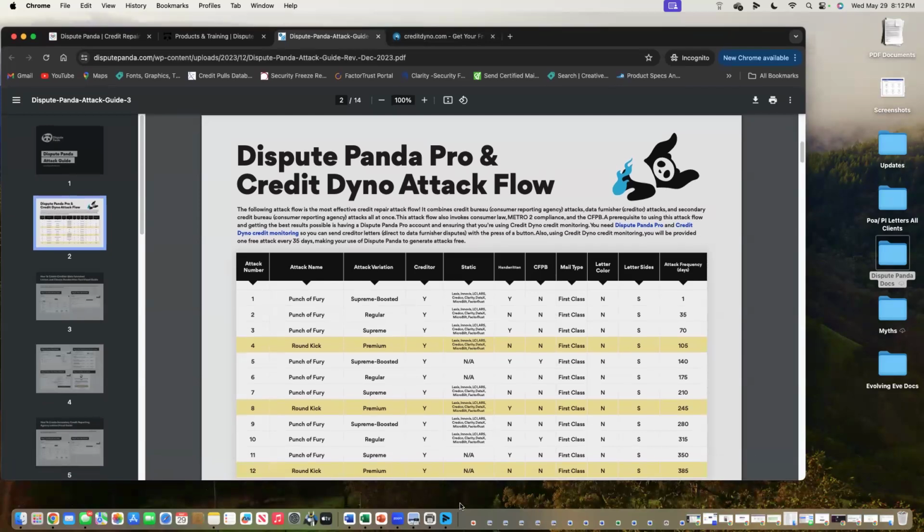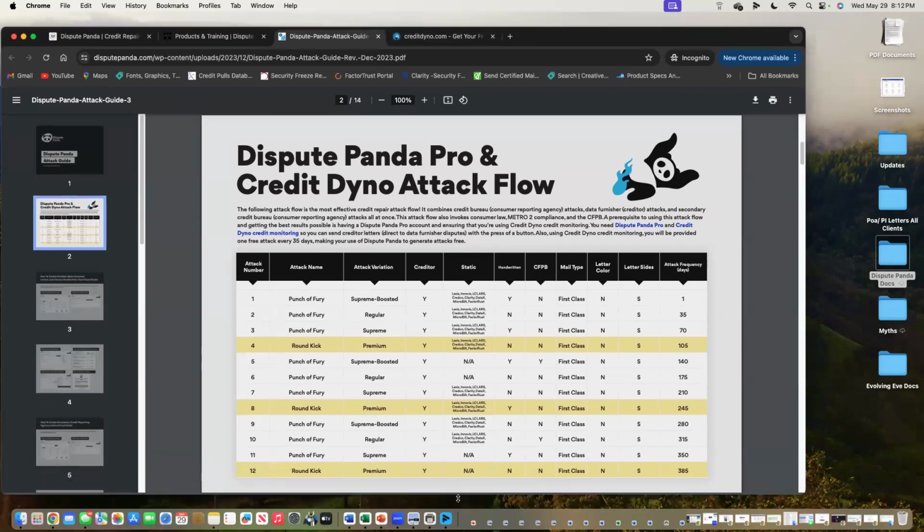So one of the things that new credit repair personnel and owners were asking was, when do I dispute with the secondary bureaus? How do I send letters to creditors? So this flow was created to answer those questions. When do I file a CFPB complaint? Can I do the letters without certifying them, right? So this flow is giving you non-certified letters without color, right? And telling you when you're going to send it to the secondary credit bureaus. That's what they call it, but it's other credit reporting agencies.